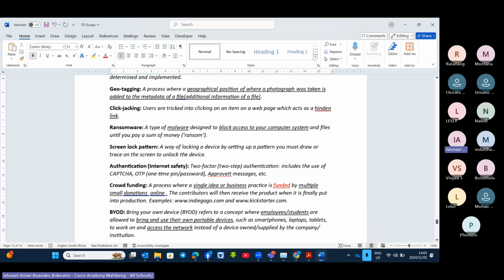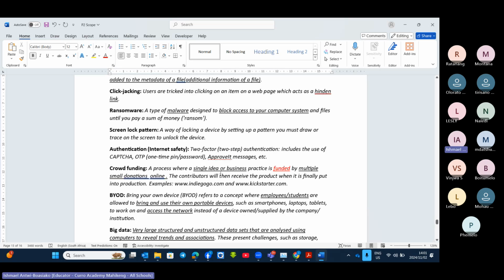Then crowdfunding. This is whereby a single idea is funded by multiple donations online. So the keywords have been underlined here: a single idea funded by multiple donations online. An example of crowdfunding is Kickstarter. So they can also give you a question by saying, give an advantage of a website like Kickstarter.com to the business or to the person donating. So you need to know the applications of these